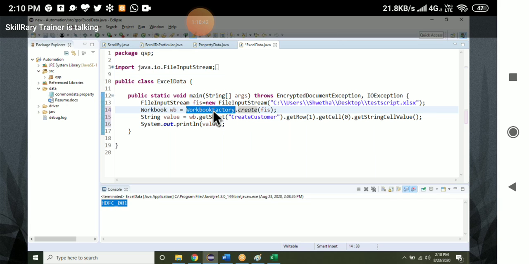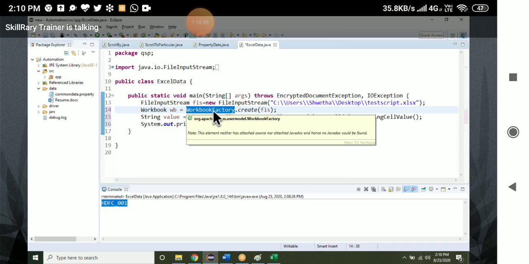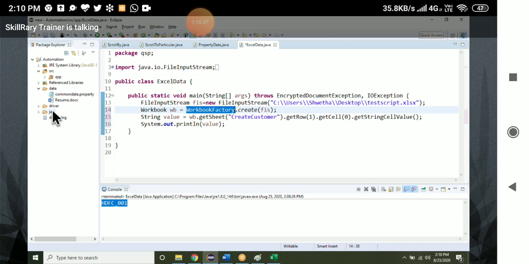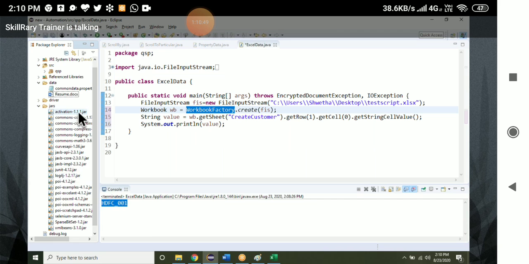And this Workbook class is not present in Java. Where is it present? It is present inside this library that you have added.